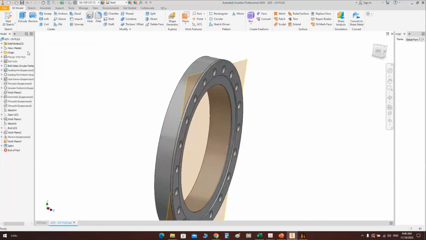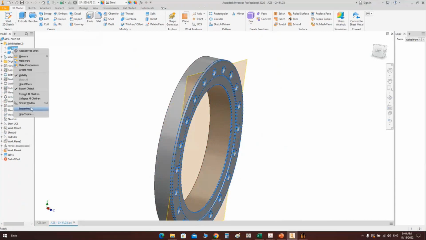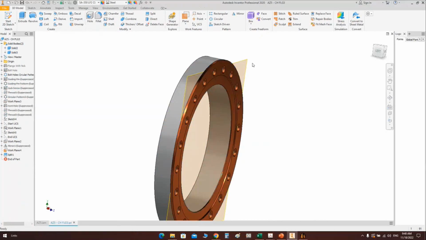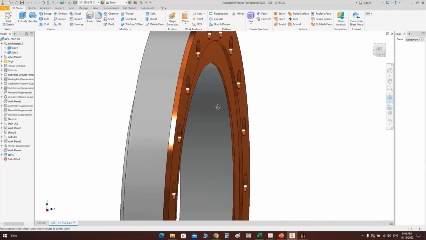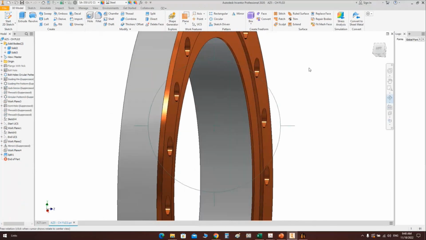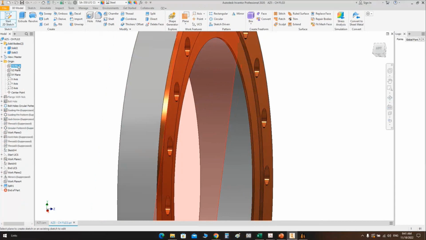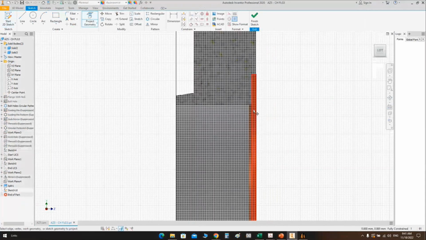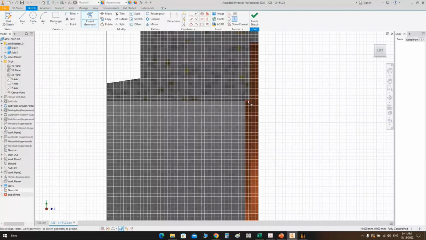So we make two different items. From here, let's make it as copper polished like that. And let's add a cladding at the inside. From here, let's select this surface and create a sketch and make a cut here. And by using this tool, we can